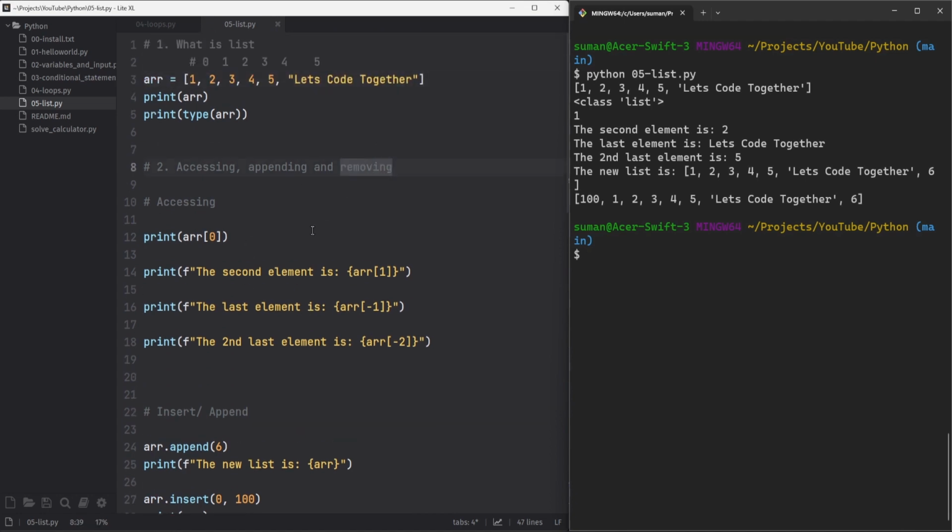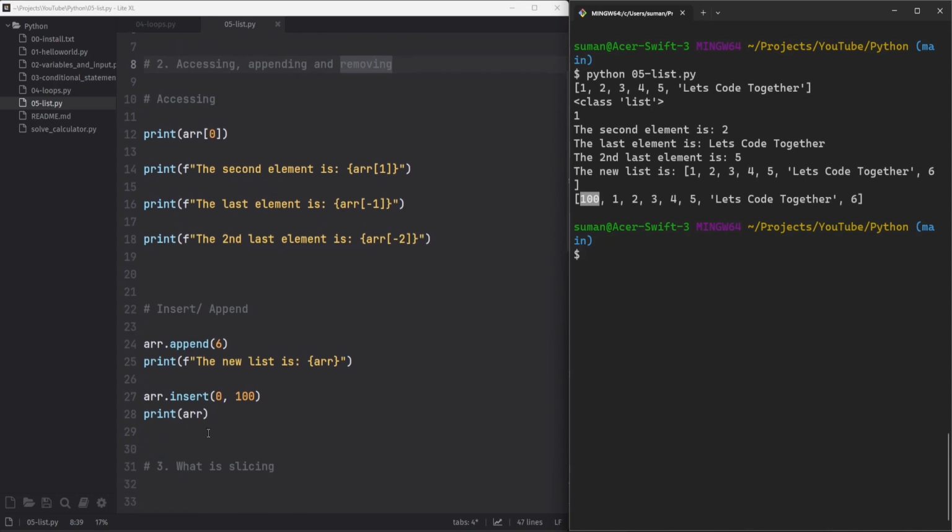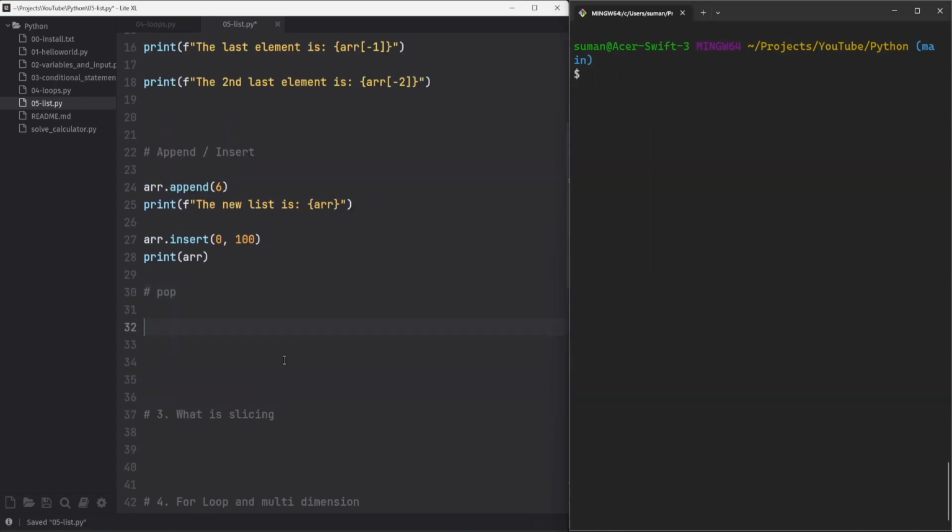Now you know how to add, but how do we remove? Suppose we want to remove this 100, or we want to remove this 6. First let's remove this 6, then I'll tell you how you can remove this 100. We can use the method called pop. What pop does is it will remove an element from the end if you don't pass any argument. So let's write arr.pop. Now if you print